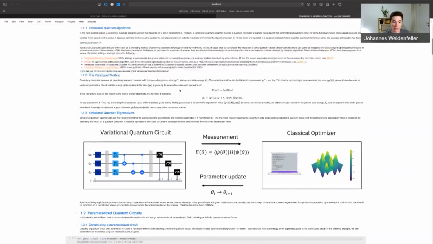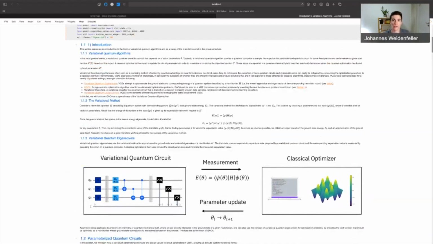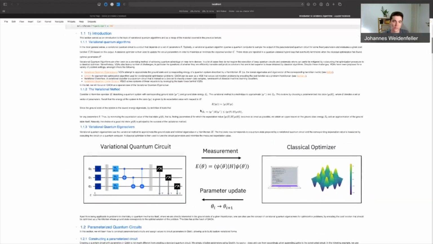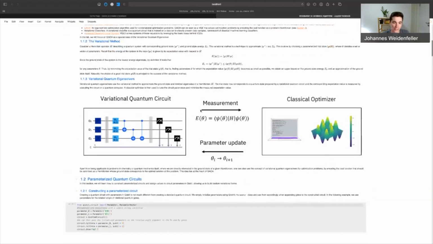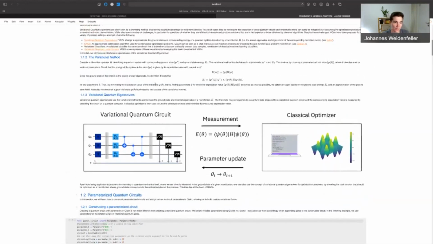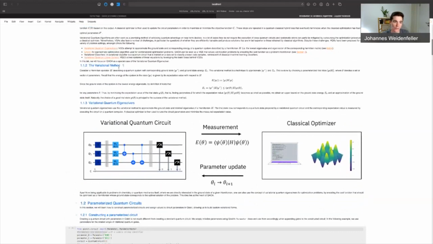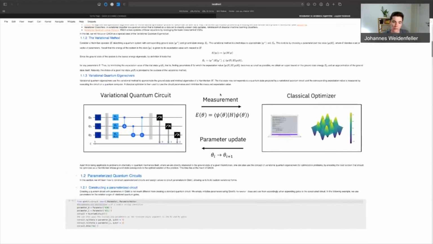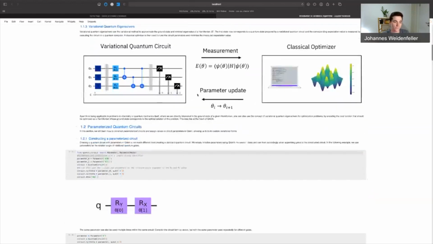So feel free to skim this part, or if there are any questions you had about the previous lecture, maybe you can resolve them by looking at this text. Or if you've missed the lecture, you can use this as an introductory text to get into the topic. You can see here some summary about the variational method, variational quantum eigensolvers, and so on. Basically everything you've learned about in the previous lecture.